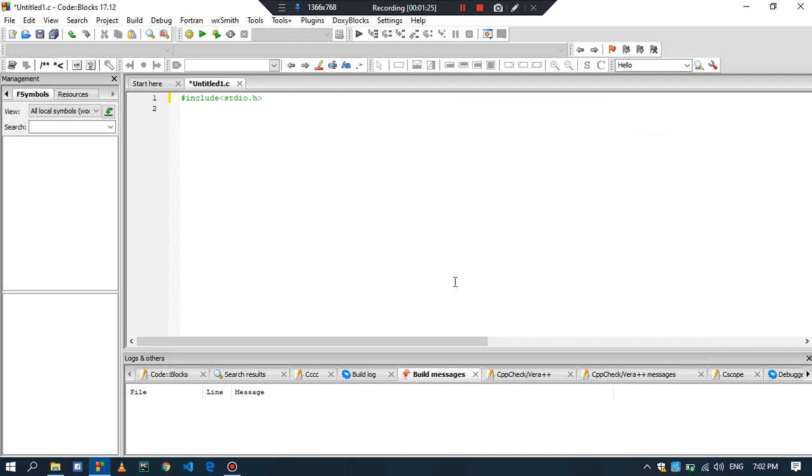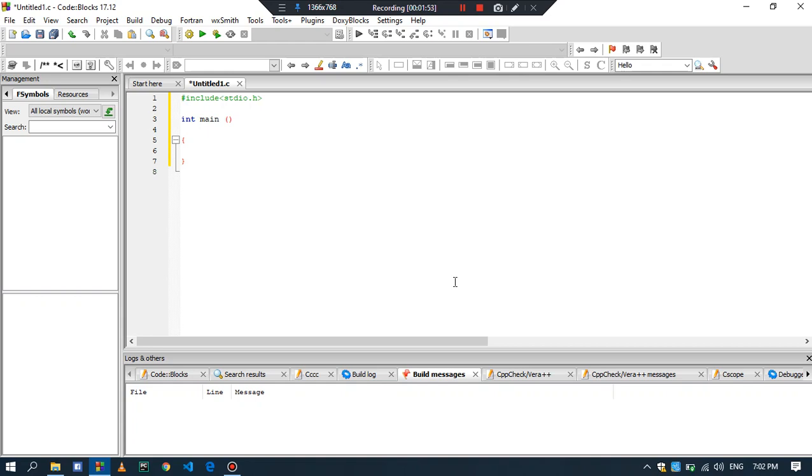This is our library statement, or you can say this is the header file or header command. Then you will have to add the main function, which is int main and then brackets. After this you will have to add curly brackets.